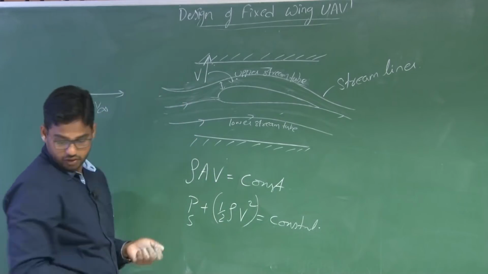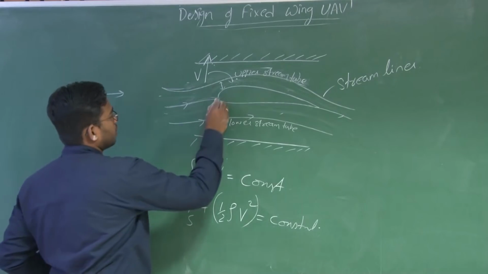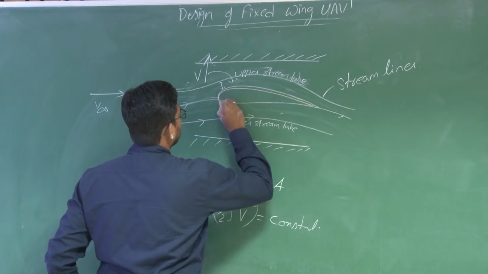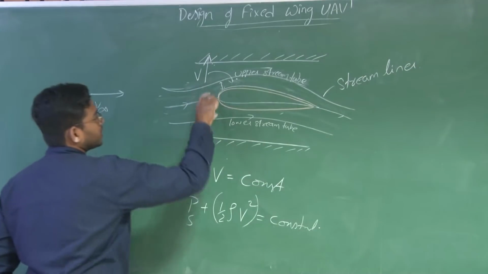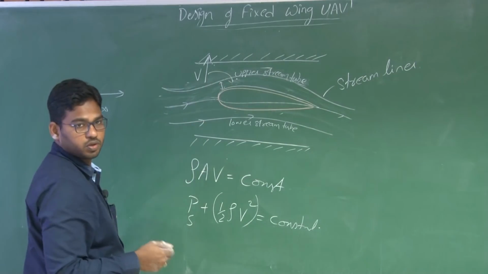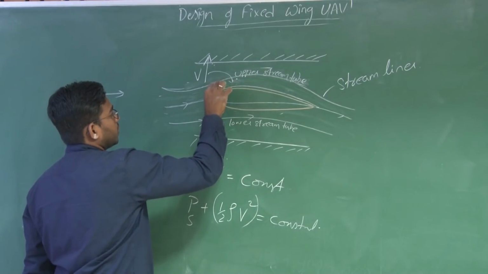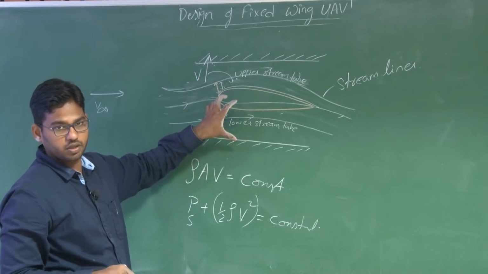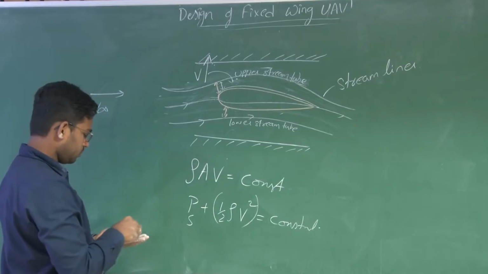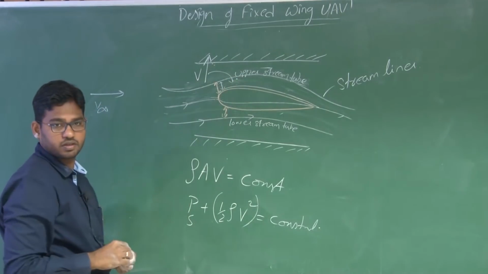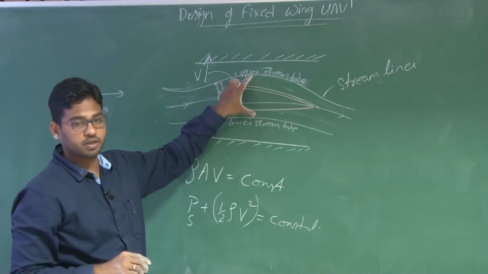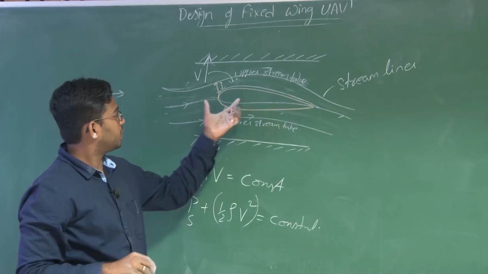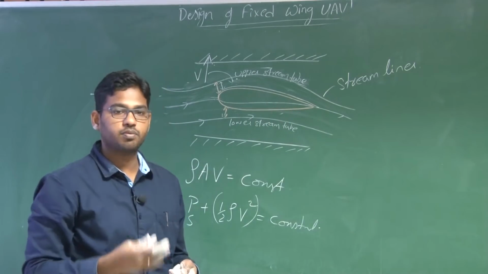Now, the same symmetric aerofoil. A symmetric aerofoil has an equal thickness distribution about the chord line, so you have an equal reduction in cross-sectional area here. So the acceleration will remain the same on the upper stream tube and lower stream tube, right? Hence, there is an equal pressure drop on the upper and lower surface. You understand this, right? There is an equal static pressure drop on the upper and lower surface. So, eventually, a symmetric aerofoil at zero angle of attack doesn't produce any lift,